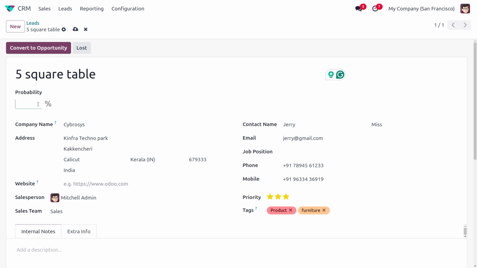Now if you want to manually change the probability, and if you want to set it as 95 or 98, you can just give that. Odoo will also show the probability that is suggested by the Odoo database. And if you want to convert that back into the previous one, you can simply click on the gear icon, and that would let you change it back to the previous probability.